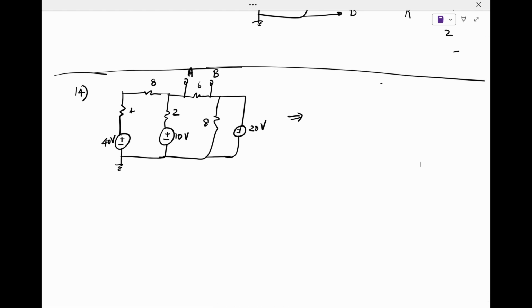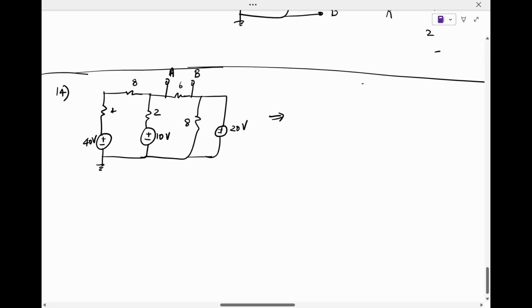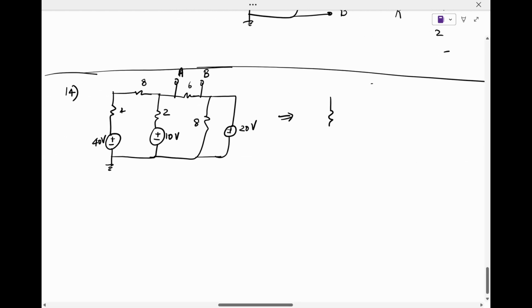We have three different voltage sources. To understand the effect of each one of them independently, we can short out two of them at a time and understand what is the effect of each of the voltage sources. So if we start, let's short out the first voltage source,